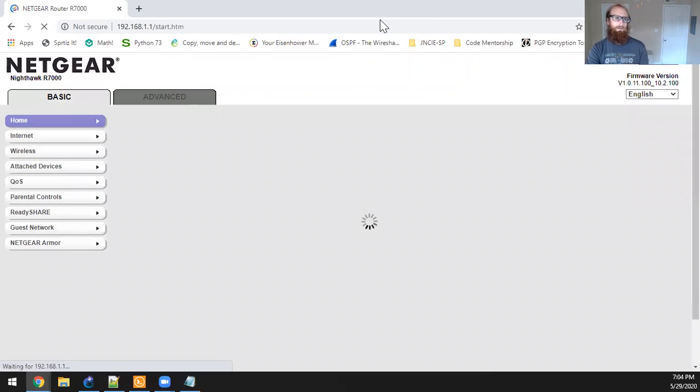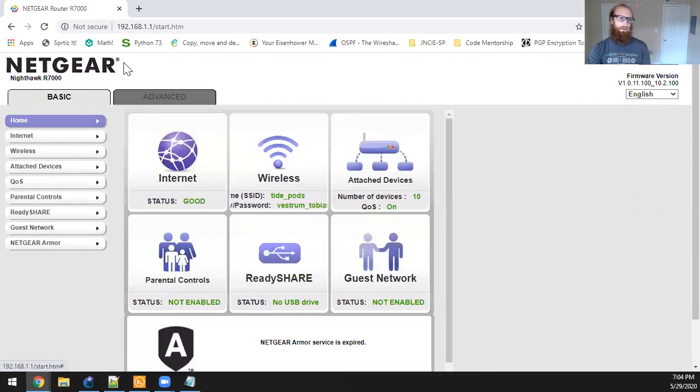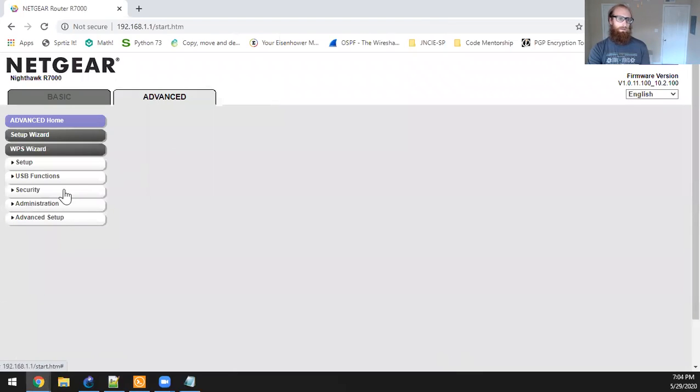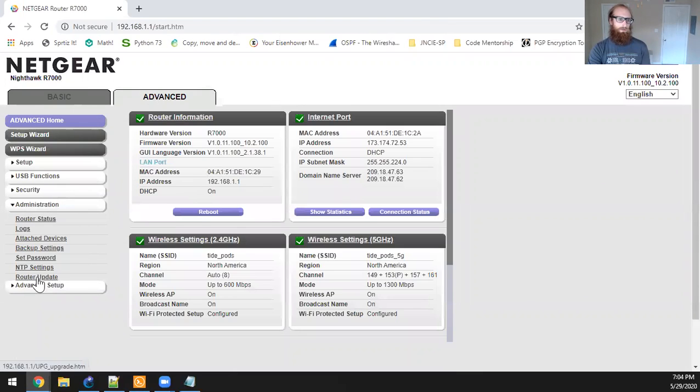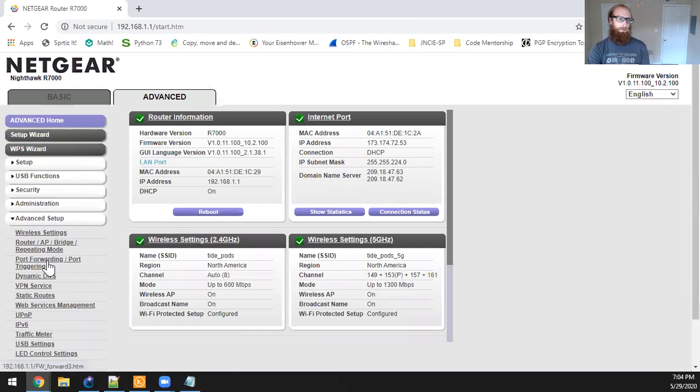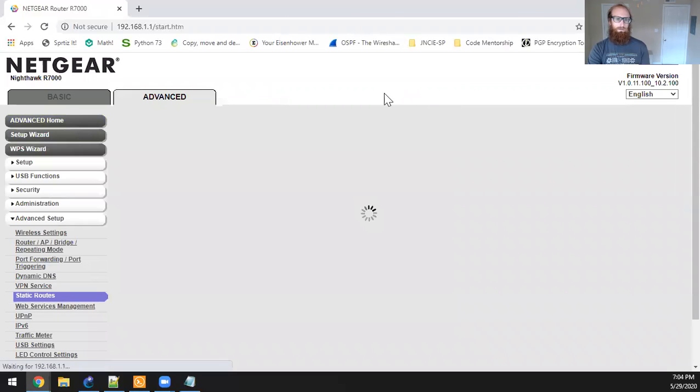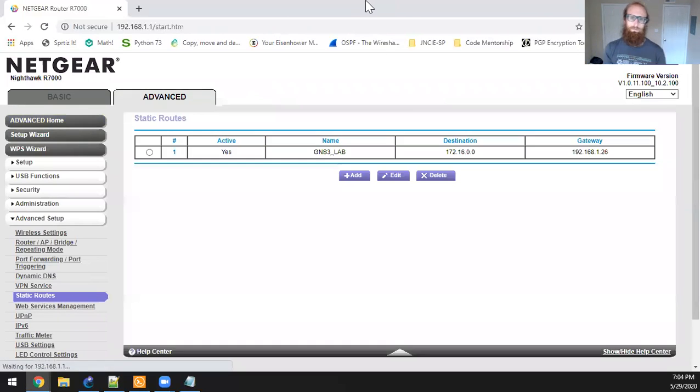So I didn't have to do this for, well, let's see here. So advanced administration, router status, advanced setup, static routes. Yeah, so you can see I did have to do this. But the, yep, so the gateway,